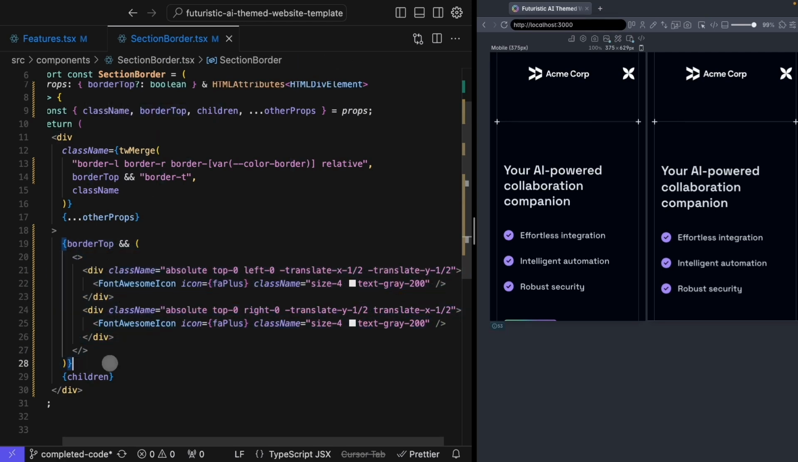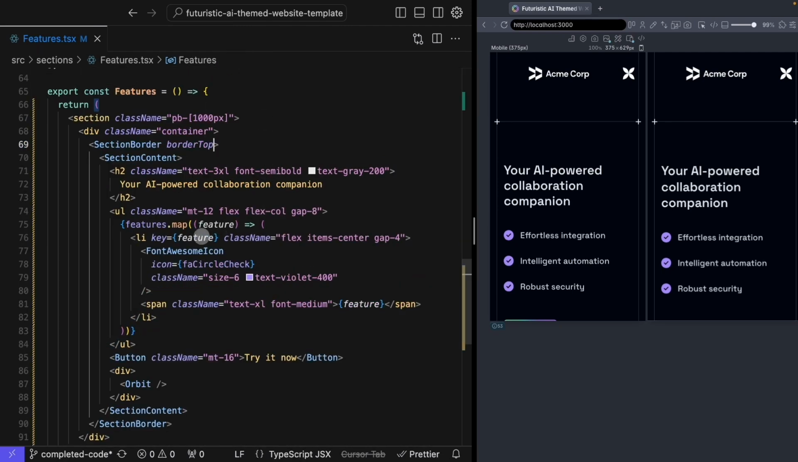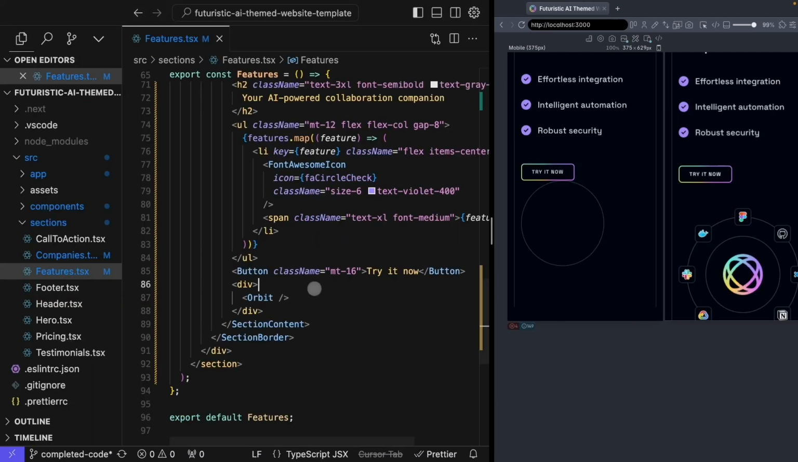That's the beauty of using these components, is that we have all of this saved and we can reuse this very, very easily. So I'm going to close out my section border because we're done with that component and come back to my features section. Now that all that's in place, let's go ahead and work on our figure that we have at the bottom